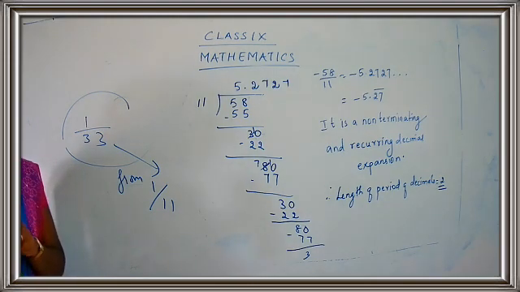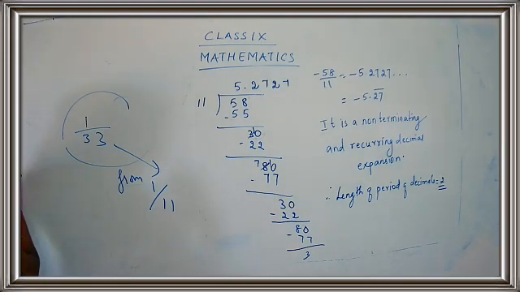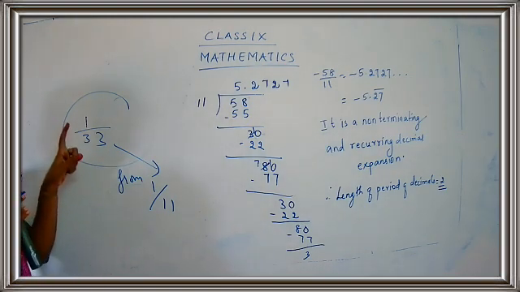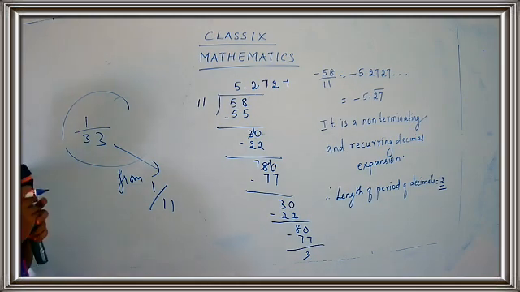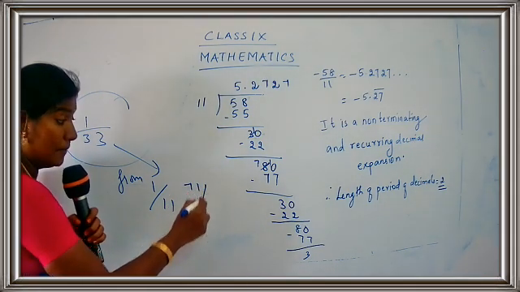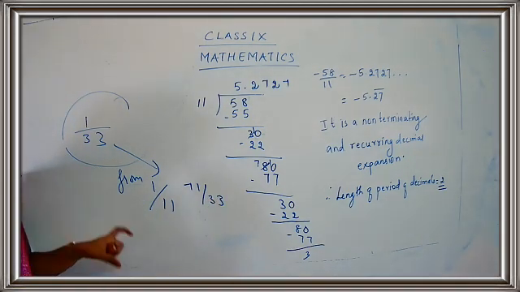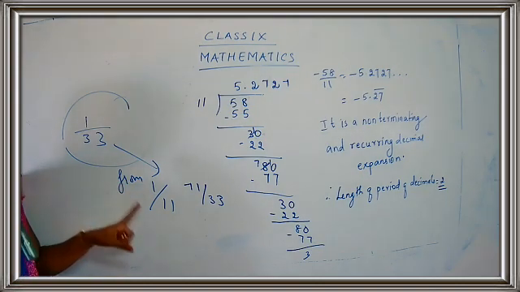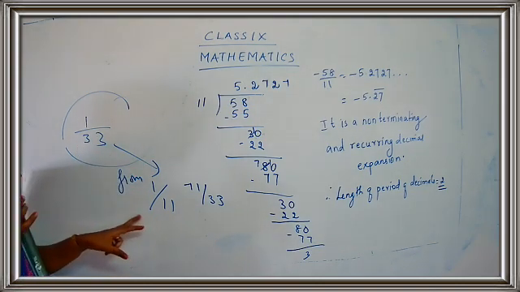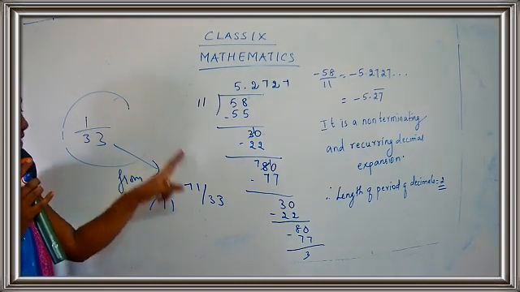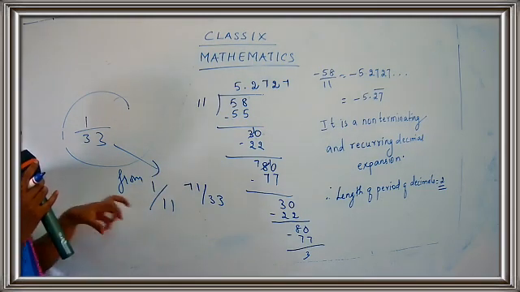Okay, then what are they saying? Hence, write 71 upon 33 in recurring decimal form. Hence means what? That means first. So here totally how many rational numbers are given? You have totally 3 rational numbers. One is 1 by 33, one is 1 by 11, and one is 71 by 33. Okay, children? So, what is the thing they have told? You have to find first 1 upon 11. From 1 upon 11, what are you going to do? You are going to find 1 upon 33. From 1 upon 33, what are you going to do? You are going to find 71 upon 33. So, these three are interlinked.